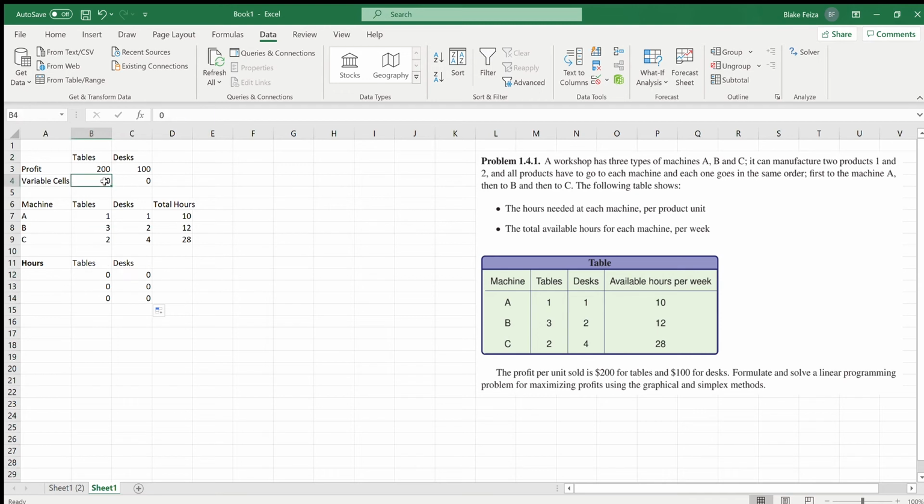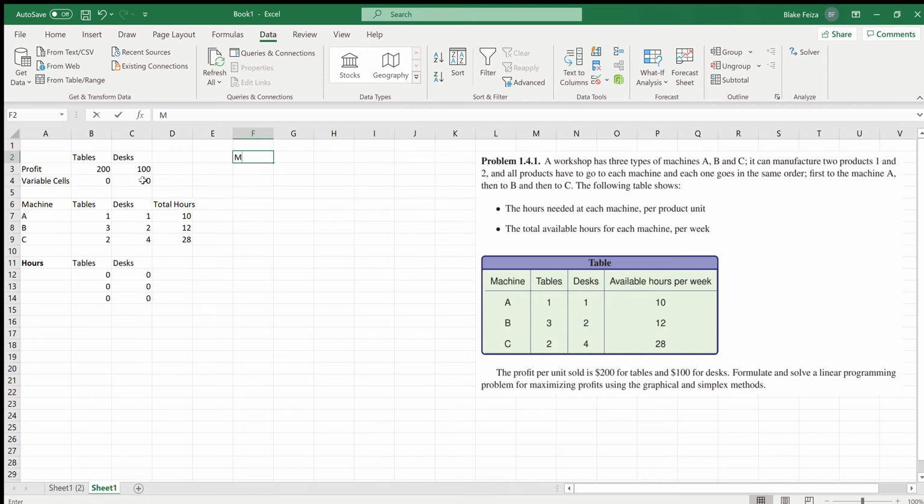So again, if we make this 2, it's going to put in values here scaled by the amount of hours per table. And same goes for if we do it for desks. We're going to have 2, 4, and 8, which is just 2 times 1, 2 times 2, 2 times 4. So now the last thing we have left to do in our setup process over here is our optimal solution